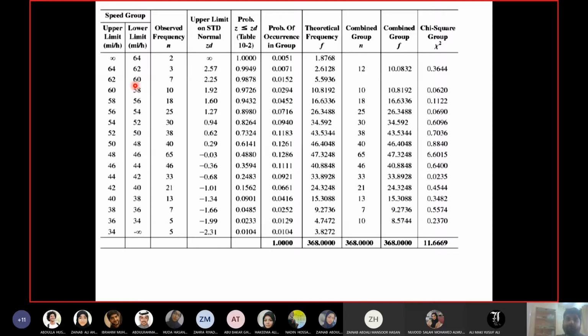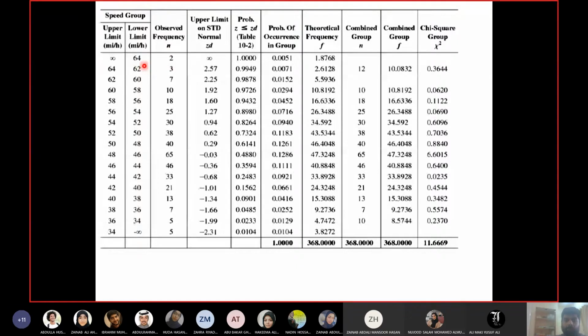But I have made a few changes in this table, in these speed groups. First of all, you can see it is not starting from 0 and it is not ending at 0. So the extra groups which I had at the start and at the end are removed for the chi-square test. They are there in the frequency distribution table, but they are removed for the chi-square test. Then I arrange the groups in descending order. So the highest speed group which had some value, not the 0 one, you can see here a value of 2.